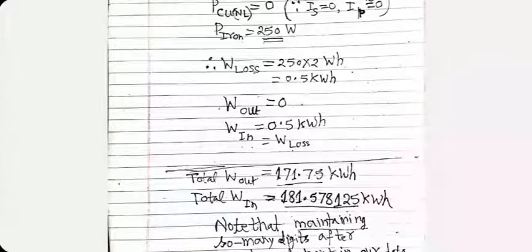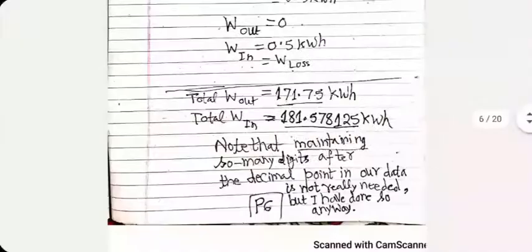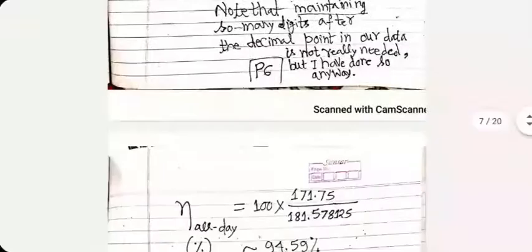I'm being quite stupid here by putting so many digits after the decimal. I realize that. I did it for mathematical completeness. You don't really have to be that accurate. These are approximate calculations anyway. So pardon me for that. I have put too much emphasis on doing it mathematically correct. Probably 181.57 or 58 is all you need. Two-digit accuracy is more than enough most of the time. Okay, so the answer turns out to be 94.59%. You can double check the numbers later.